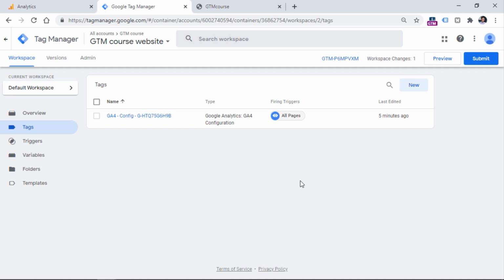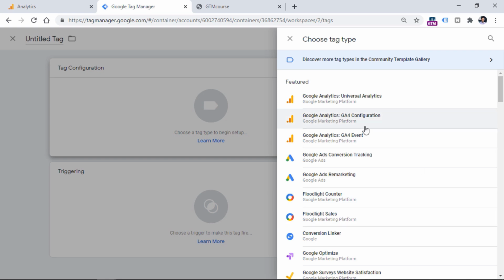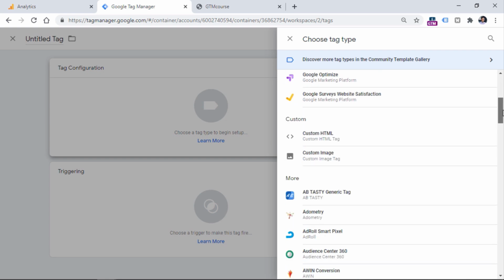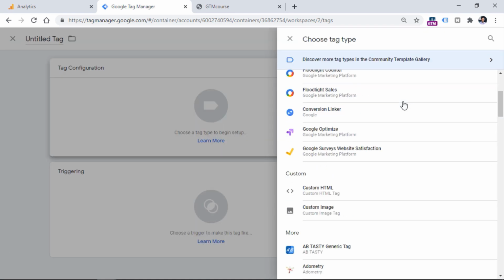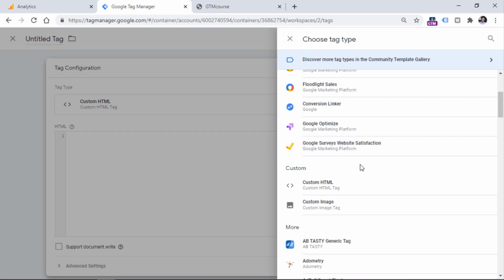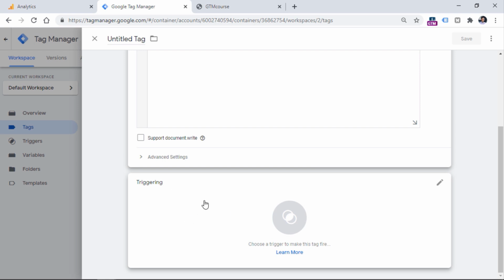So to sum up, if you want to add a tag, you go to Tags, click New, and then in the tag configuration, you select what kind of template you want to use. If you cannot find a template right here, then you will need to look at templates. And if you still cannot find the template there as well, then you can use another tag type, which is custom HTML. So this is just a field where you can paste your JavaScript code, I mean, the one that maybe your vendor is asking you to add, and then the tag will work properly. And the triggering section will be responsible for when that tag must fire. And that's how you can install Google Analytics 4 with Google Tag Manager.